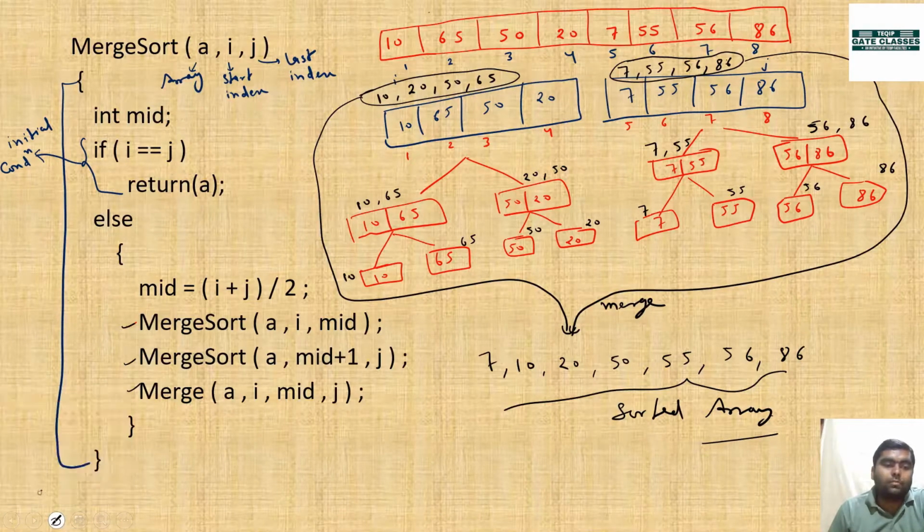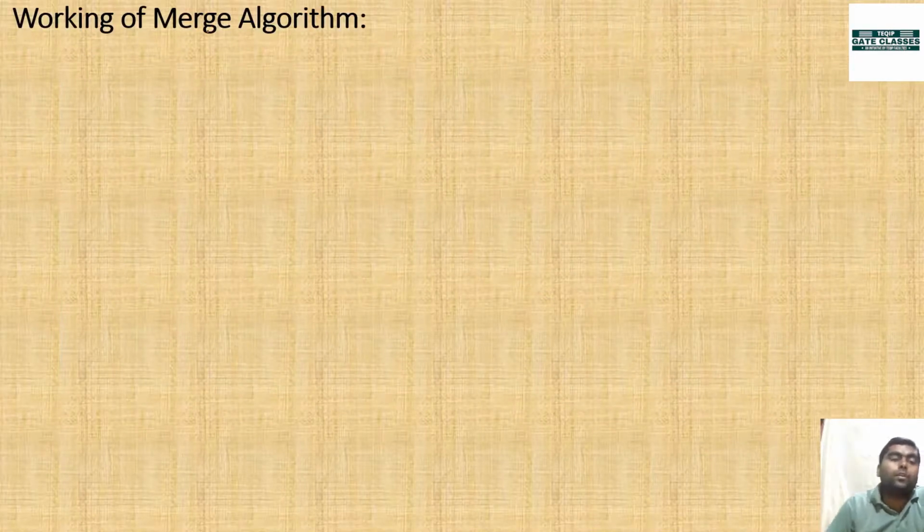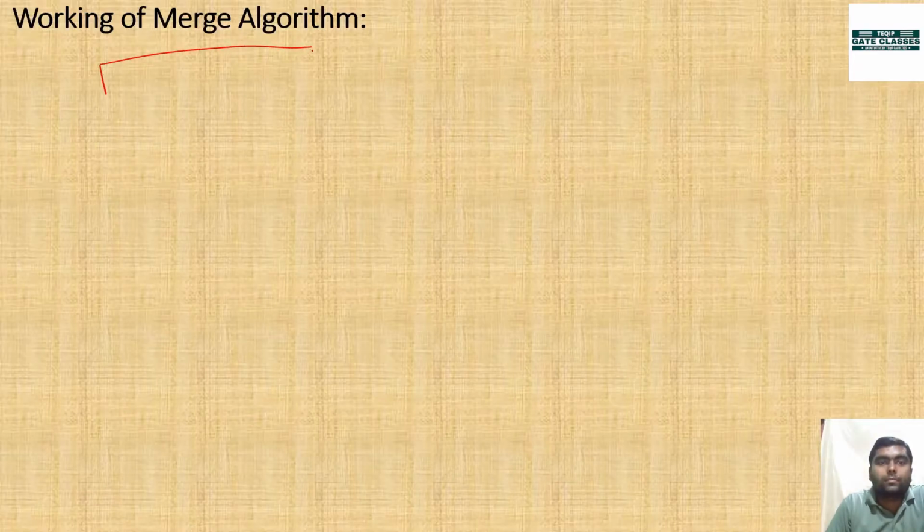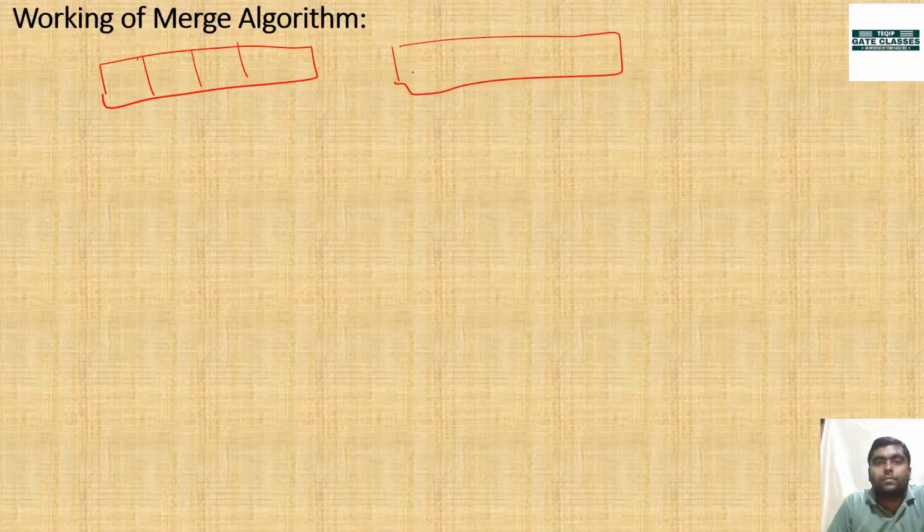So now we will see how this is actually going on in the merge procedure. So the working of the merge procedure: let us take two lists. Let us suppose as an example, again I am taking four elements, 1, 2, 3 and 4, and this side also four elements, 1, 2, 3 and 4.